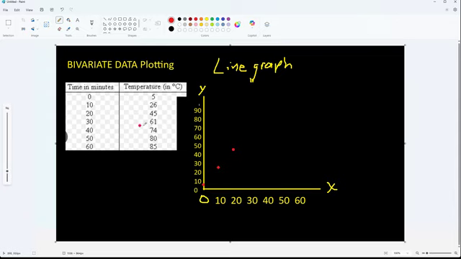At 30 minutes, it was at 61. So it's like right here, like 61. At 40 minutes, it was 74. So it's like that. And at 50 minutes, it's at 80. So it's like that. And at 60 minutes, it's like 85. So it's like that. Okay, and then if we're going to make a line graph, we got to connect this